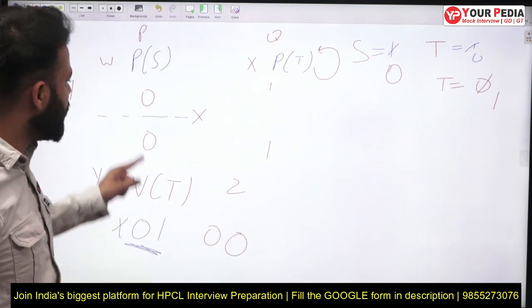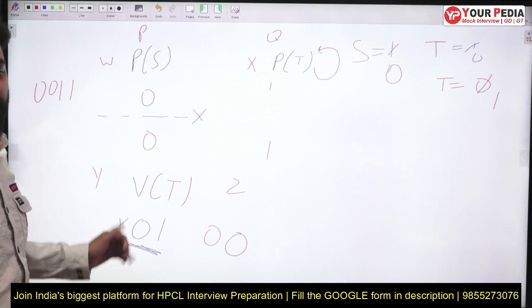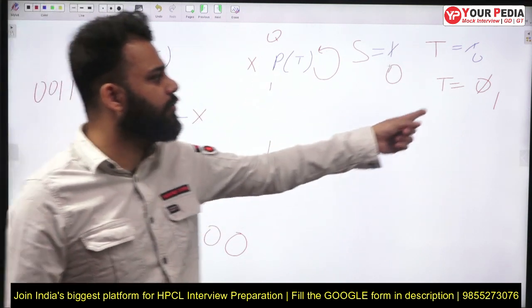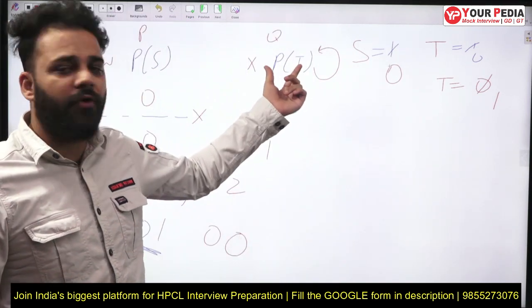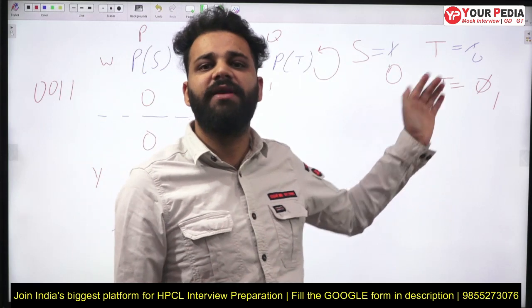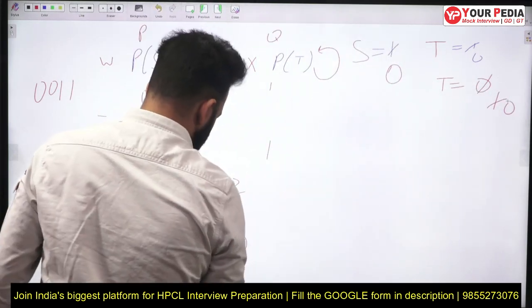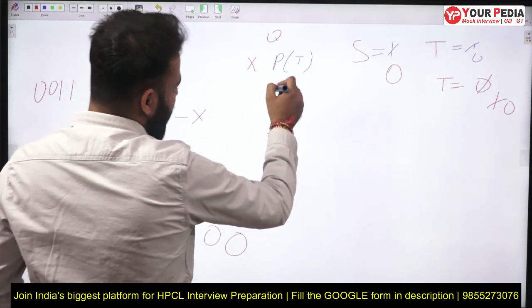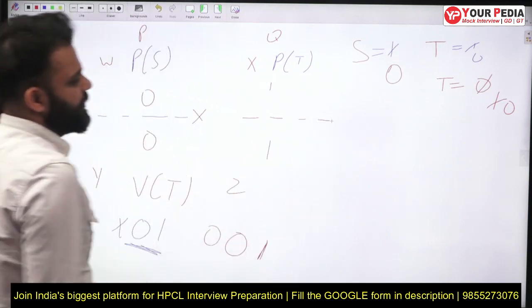So you cannot print 0 0 and then run code P again after that. You have to go here, and when you go here, the value of T has been changed to 1 by the up operation. So when you perform the down operation, this time T will be changed to 0. When T is changed to 0, it will move out of this loop and it will print 1. Now let's say you want to preempt.